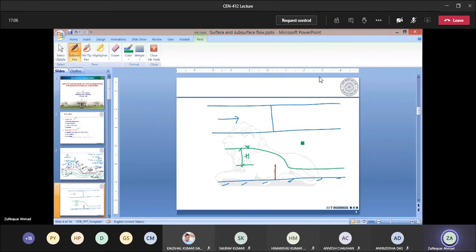Then what is the discharge? Could you tell me? This is a rectangular weir. Head is H here. What is the discharge equation? Yes, please. What is the discharge equation for this? Do you remember or not? Please tell me. You have a rectangular weir, sharp. This is a sharp crested weir, right? What is the expression for the discharge?